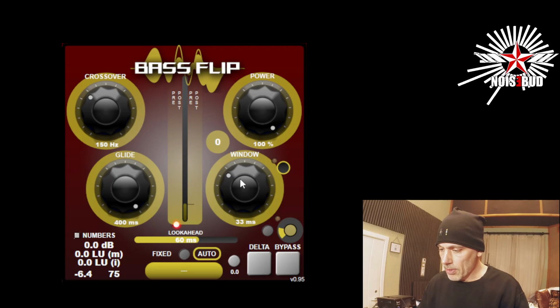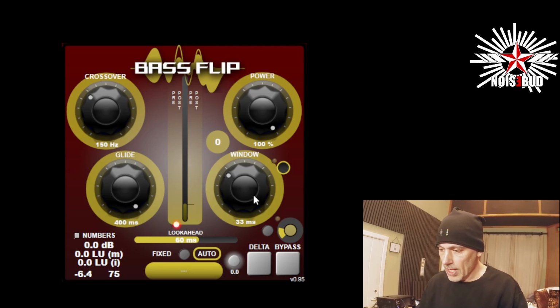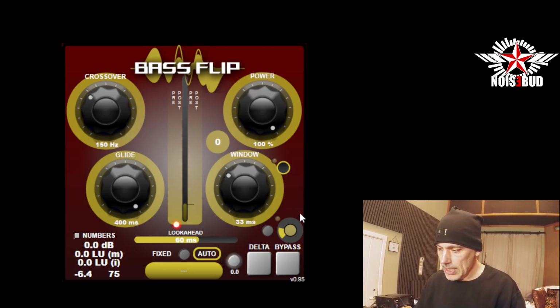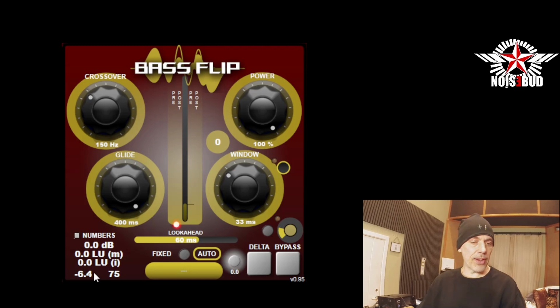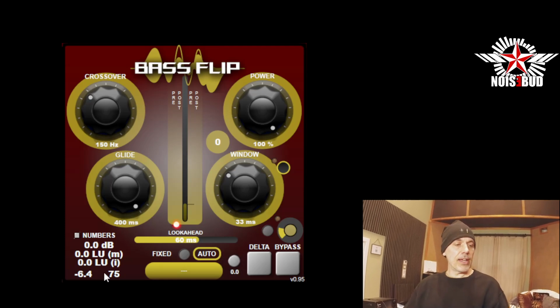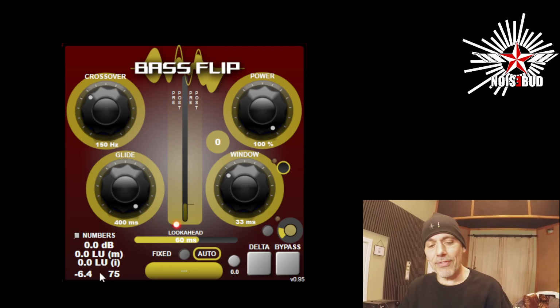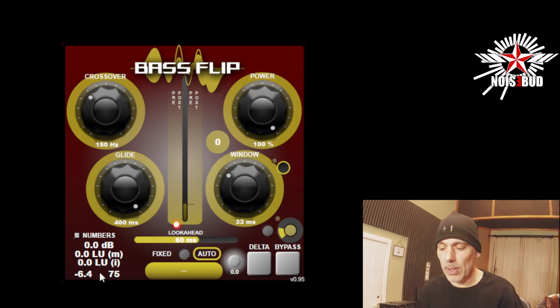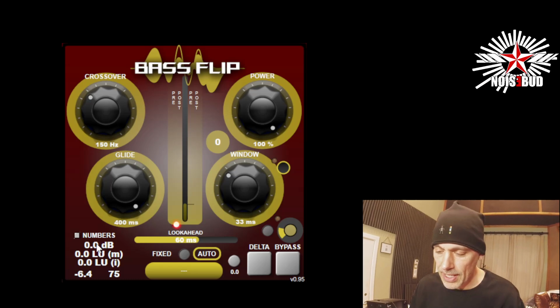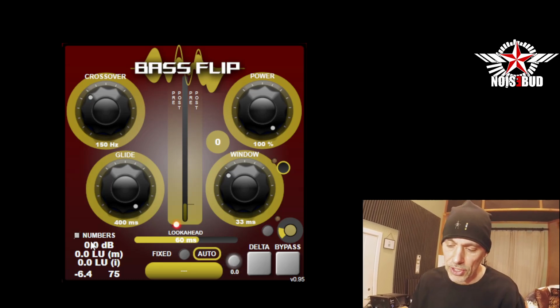Let's see, power, window, glide. I've talked about those. Then we just have this little thing down here. It's there for development reasons. I probably will remove them. The first numbers are the same as in the previous. So this